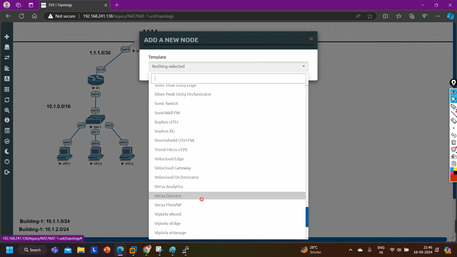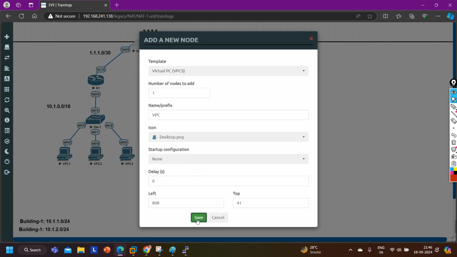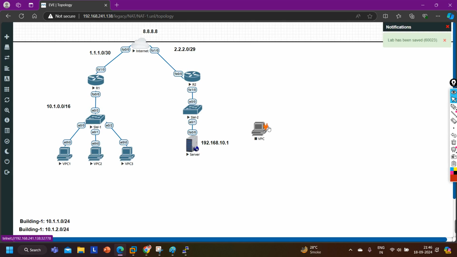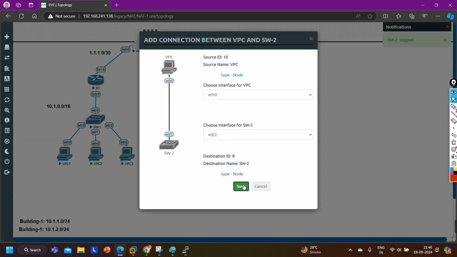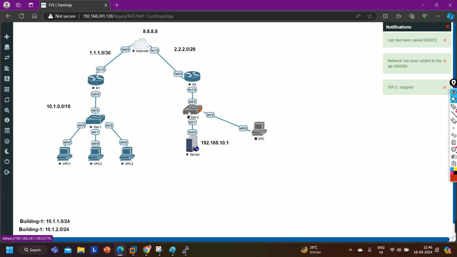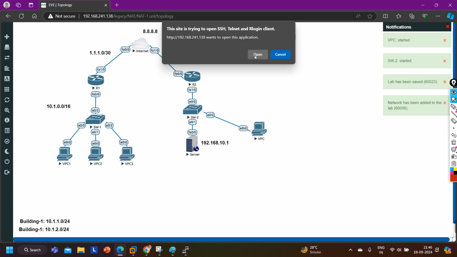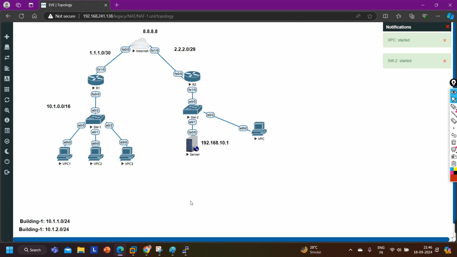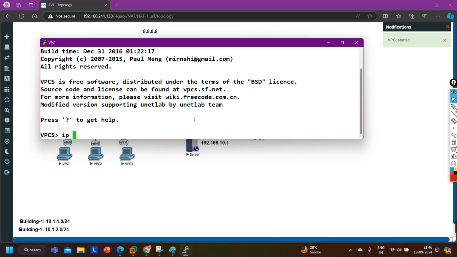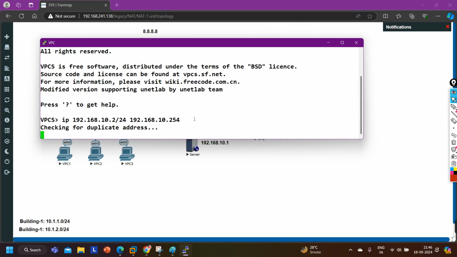Here I am going to add one more PC. This PC's IP is 192.168.10.2/24, gateway 192.168.10.254.